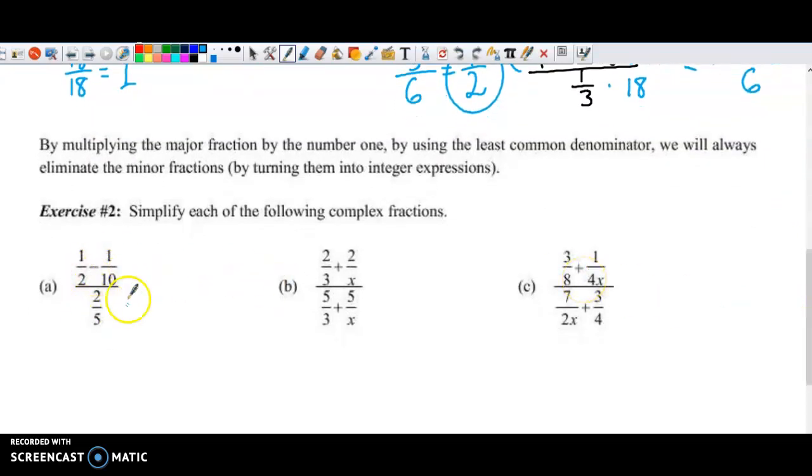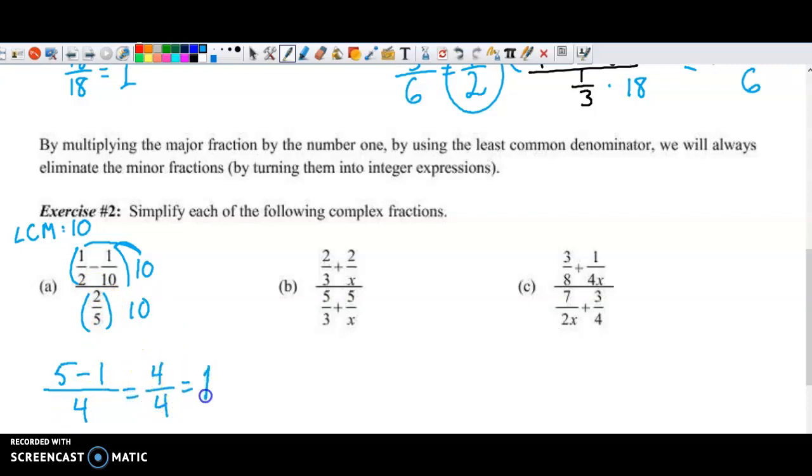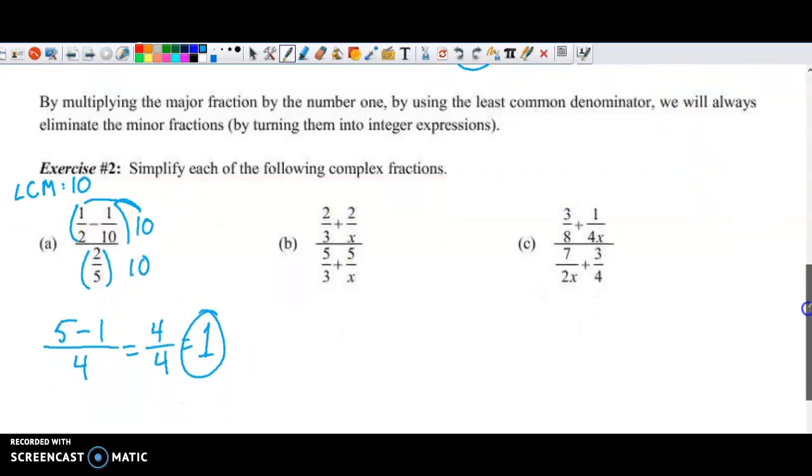So the first one starts off the same way, thinking about the least common multiple of 2, 10, and 5. And in this case, the least common multiple would be 10. I can show you ways of finding the common multiple, but right now I'm just going to assume that you're familiar with that. So I can multiply top and bottom by 10, and as I distribute that into each one of those, well, half of 10 is 5. 10 divided by 10 is 1. Let's see, 10 times 2 is 20, divided by 5 is 4. So we're looking at 4 over 4, which equals 1. And this is actually a problem you could check with a calculator,